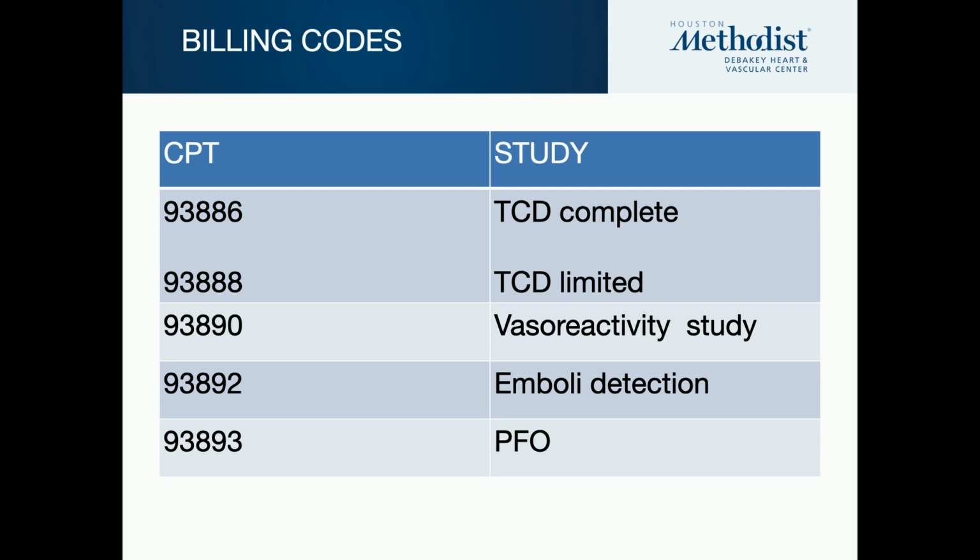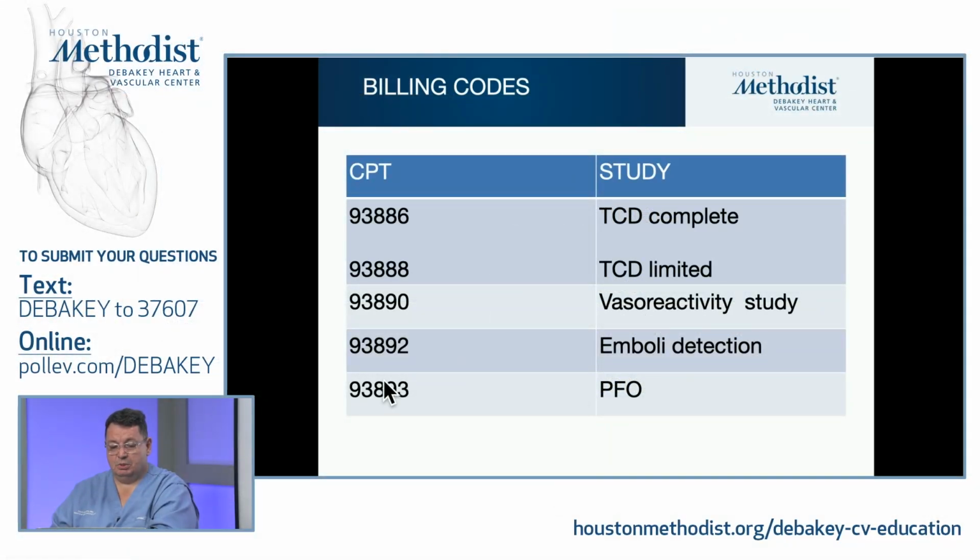The billing codes are going to help me really divide what we're going to talk about today. We're going to talk about the PFO TCD bubble test, which is CPT code 93893. This is emboli detection with contrast injection. That's the CPT code, and it's just my short abbreviation for that. The difference between, again, the 92 and the 93 is the contrast. So while you do an emboli detection, you don't inject any saline, and this is where you just put a head frame on and you are spontaneously recording emboli. If we have time, we'll talk about emboli detection today as well, but today we're going to focus on